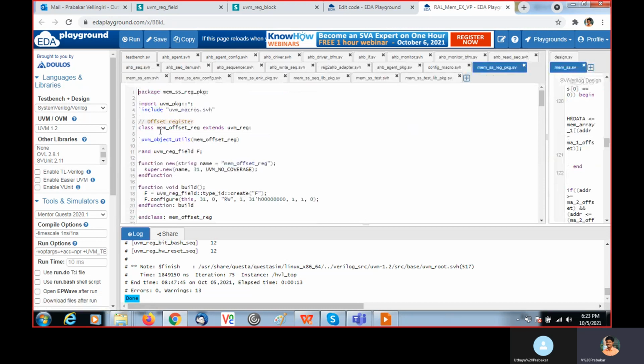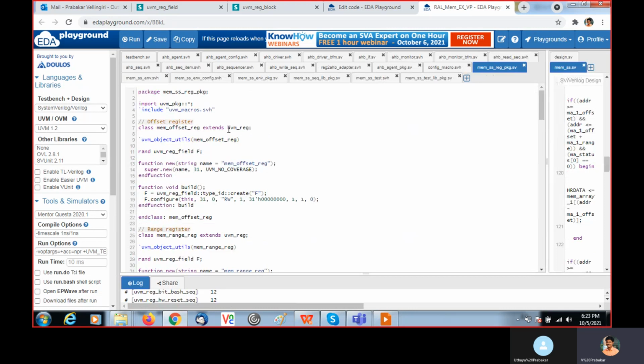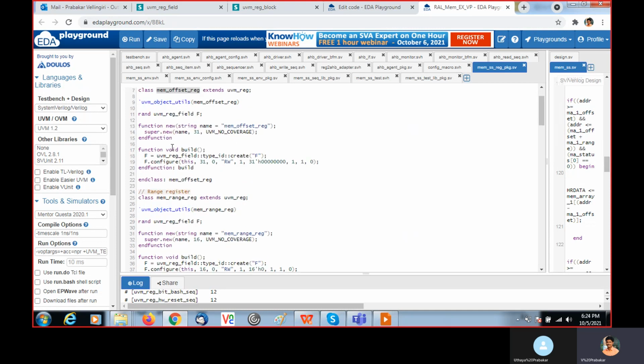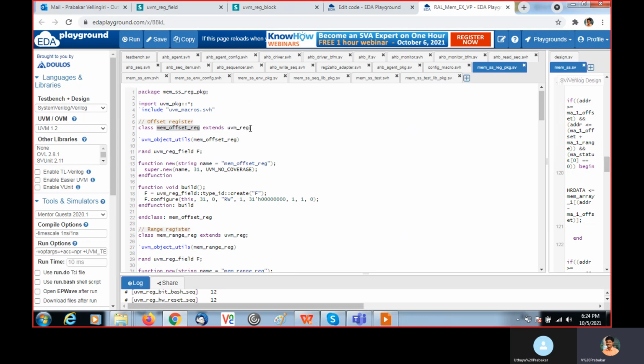First thing is for each register, we need to create a register class. So one register is the offset register. This offset register we are using for 3 memories also. So one offset register we need to create by extending UVM reg. That is registered to factory.